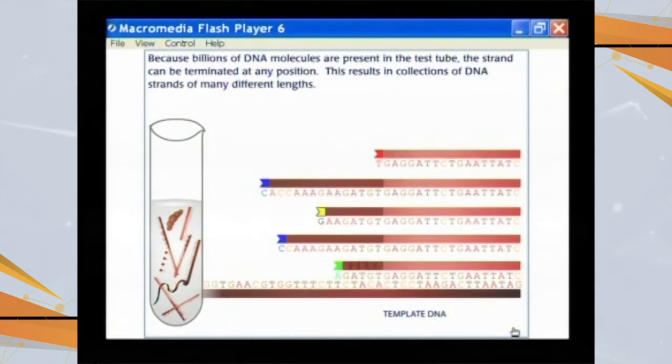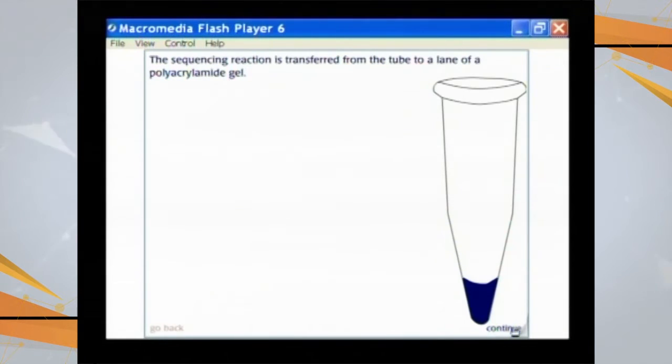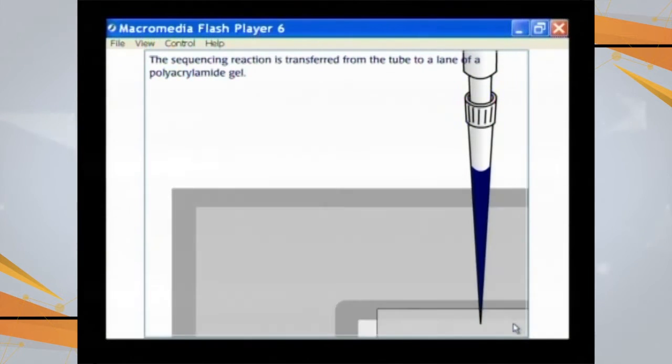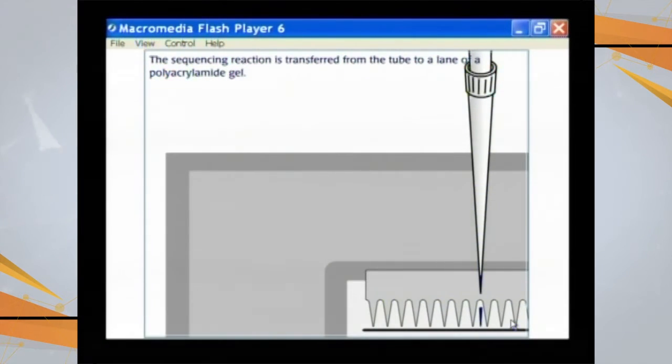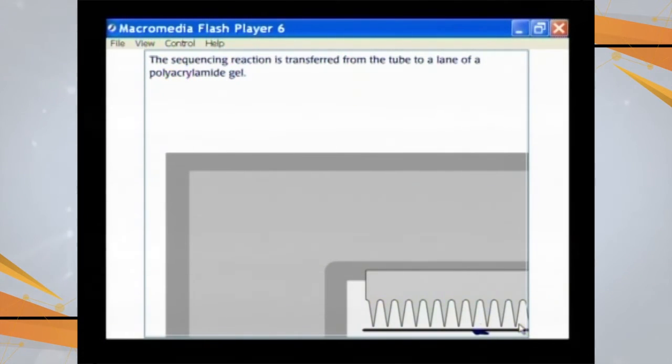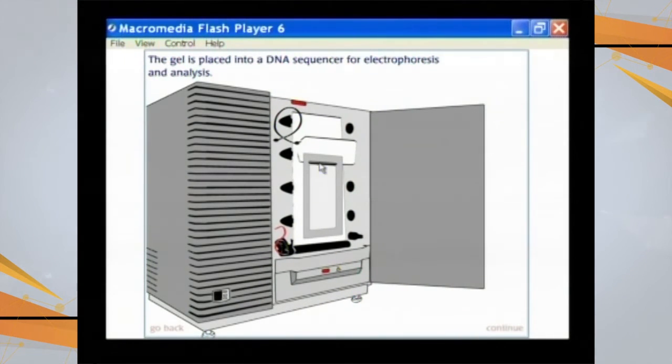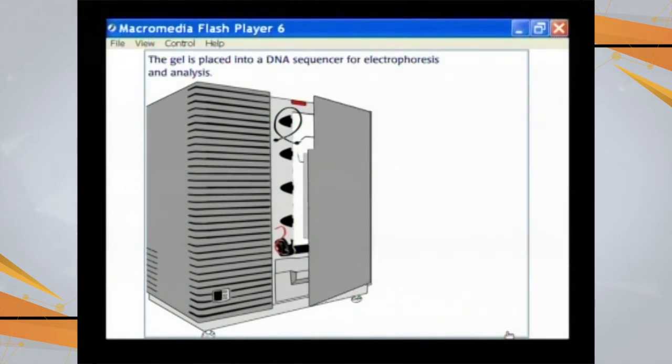Instead of going with Sanger's method and just having the pictures, this time we are going to take this and place it in a gel, and then our tray is placed in a semi automatic apparatus which is going to carry out the whole of this process of DNA sequencing.